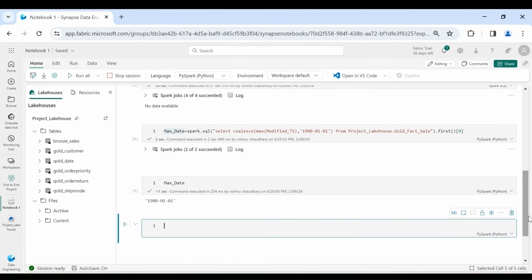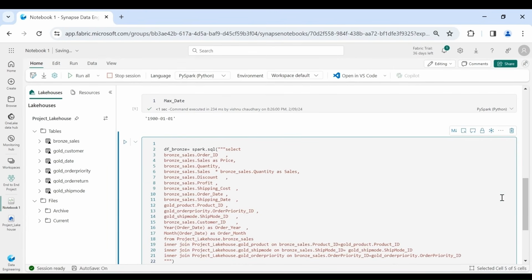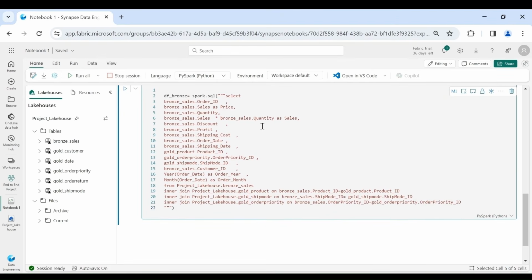key columns. So for that, write spark.sql and inside the code we need to select order id, and here you can see we are taking sales as price, because in our bronze table in the sales column a price for a quantity is given. Then we have the quantity column, which is also coming from the bronze sale table. Then we are multiplying sales and quantity to get the actual sale, and then we have discount which is also coming from